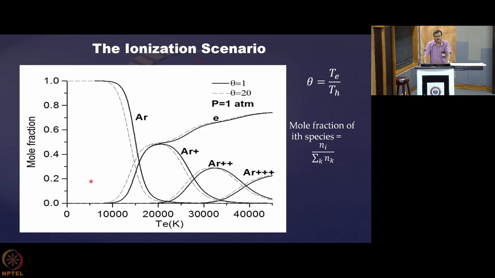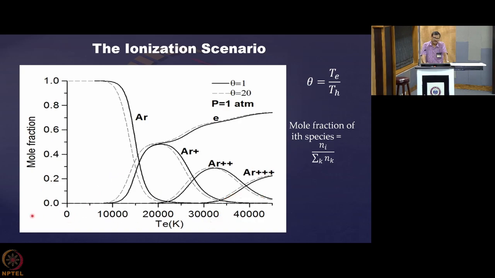So that is why now you are seeing that the electron density curve, electron mole fraction is now getting separated from the argon plus curve. Okay, now when you are reaching around 30,000 degree Kelvin, then third ionization starts, and you see that this electron mole fraction gets another jump, because now each argon triple plus atom is contributing 3 electrons. So that is why you are getting another jump over here. So now you can very well understand how this graph is originating for the mole fraction, how the ionization scenario